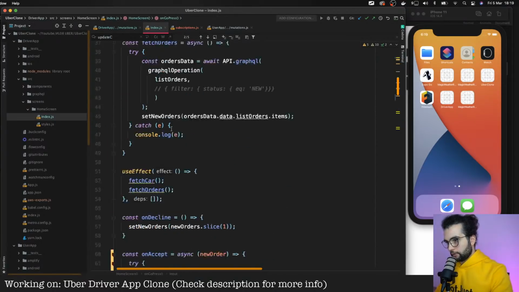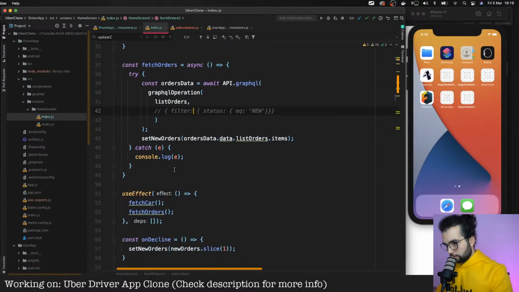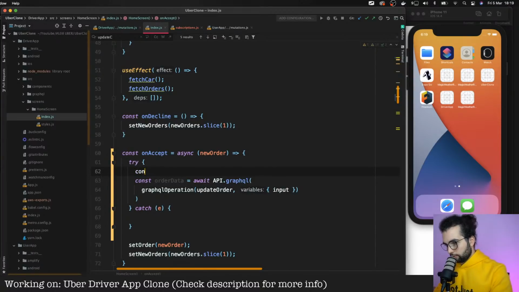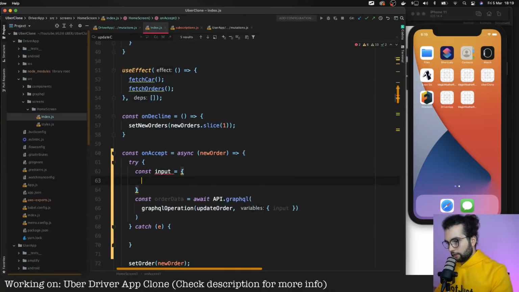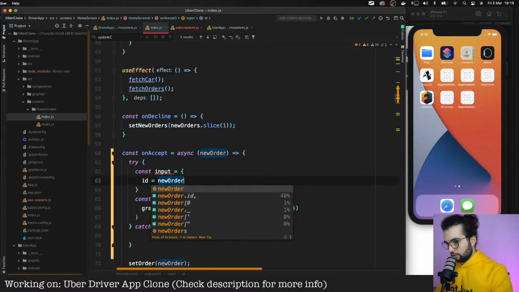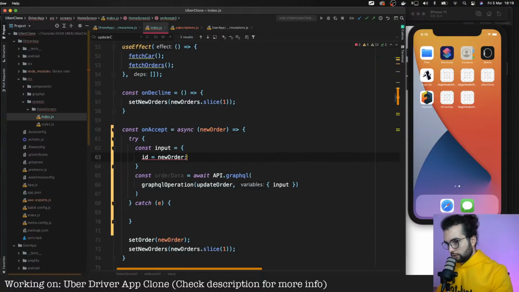Okay, we'll send here the input, and the input will be const input. The ID of the order will be the new order.id, and not equal .id.